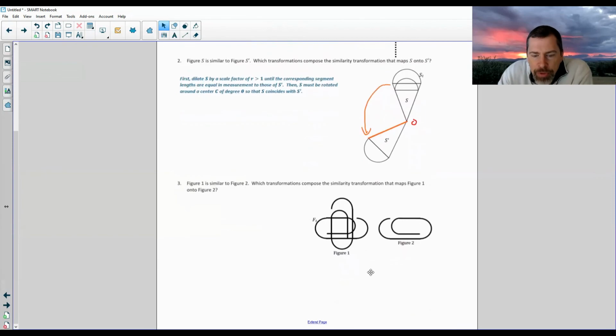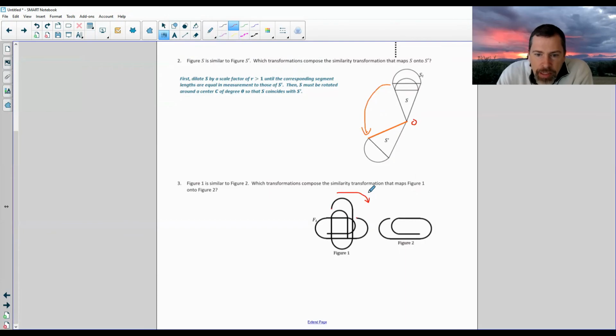Okay, so now we have a paper clip, and it says figure 1 is similar to figure 2. So figure 1 is this one here, going like so. And then F sub 1 is a rotation of negative 90 degrees. All right, so if I took and put a point here, to get it here, I'd have to rotate this